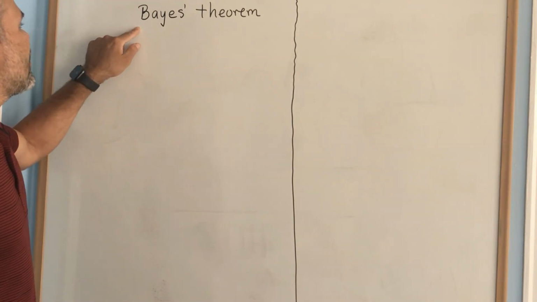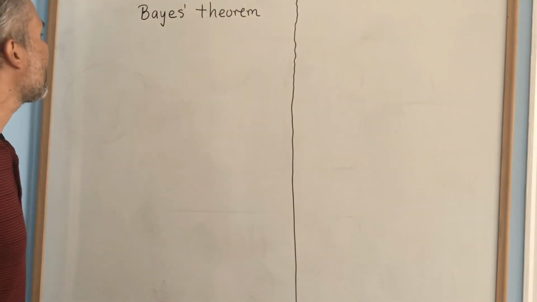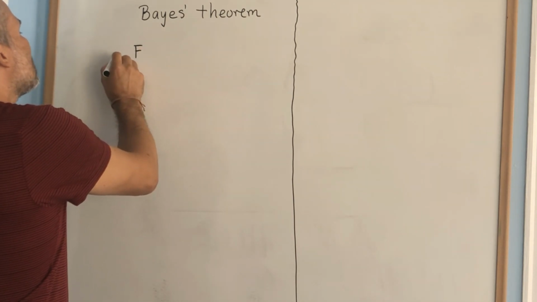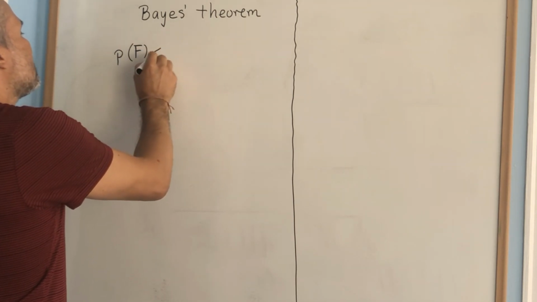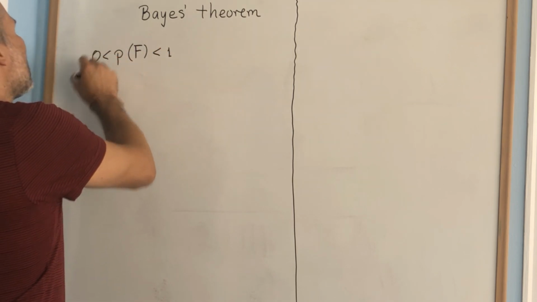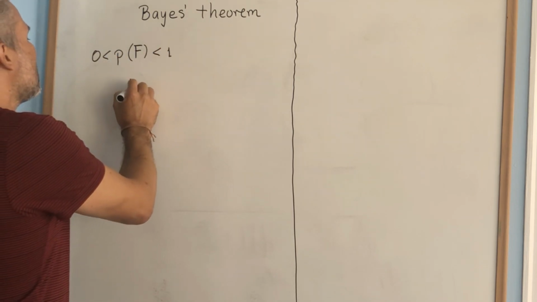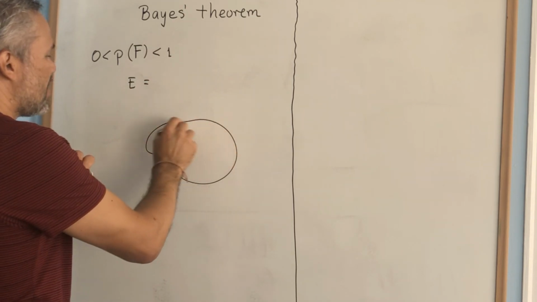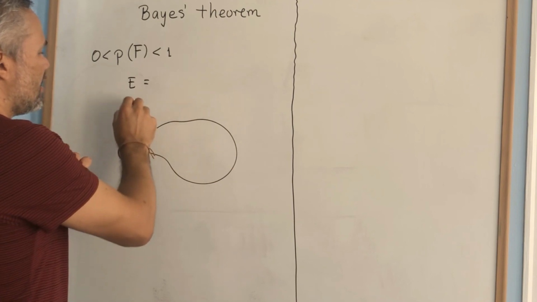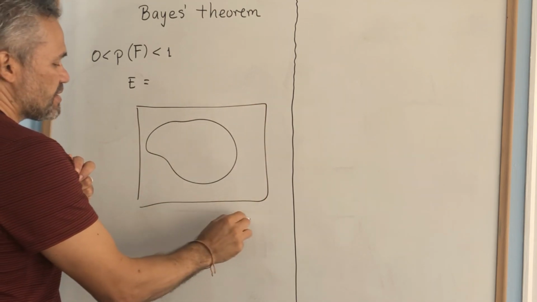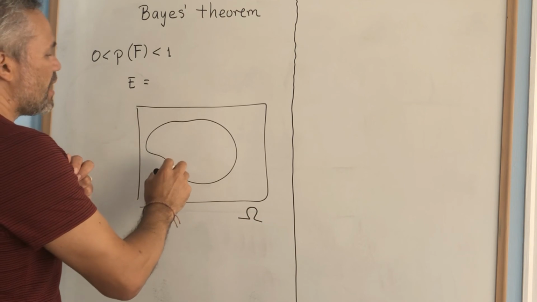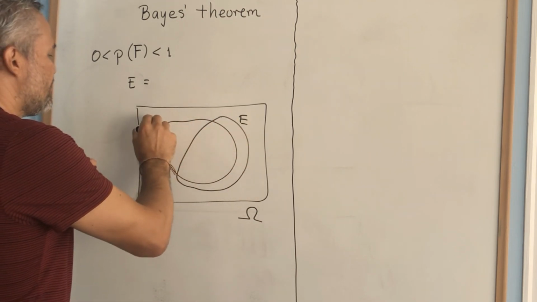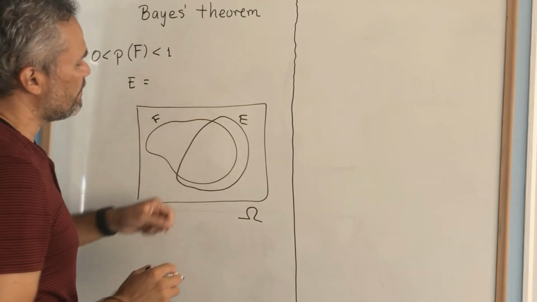Okay, in this video we will explain Bayes' theorem. Bayes' theorem states that if we have an event, and let's suppose that the probability of this event is between 0 and 1, then any other event can be split into two pieces. Here we have the whole probability set, and then if we have any event E, this is the event F, then any event E